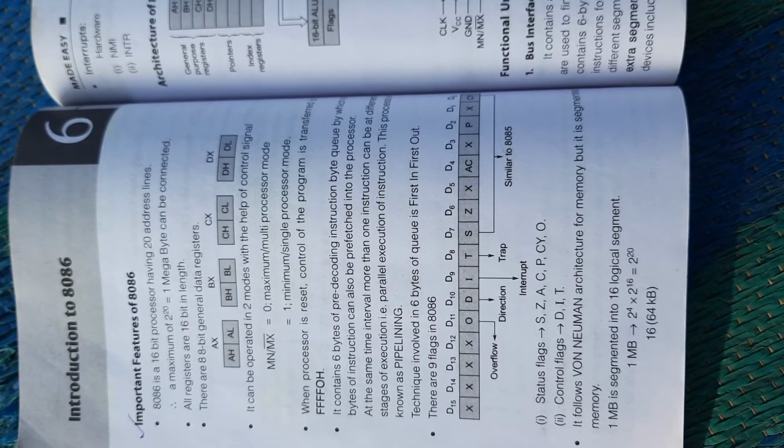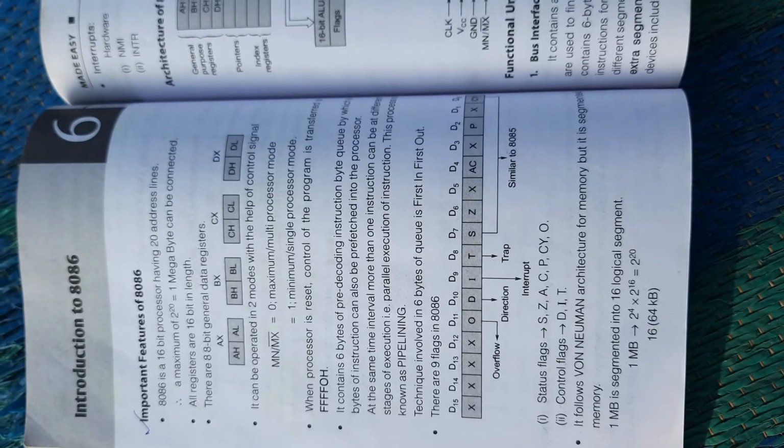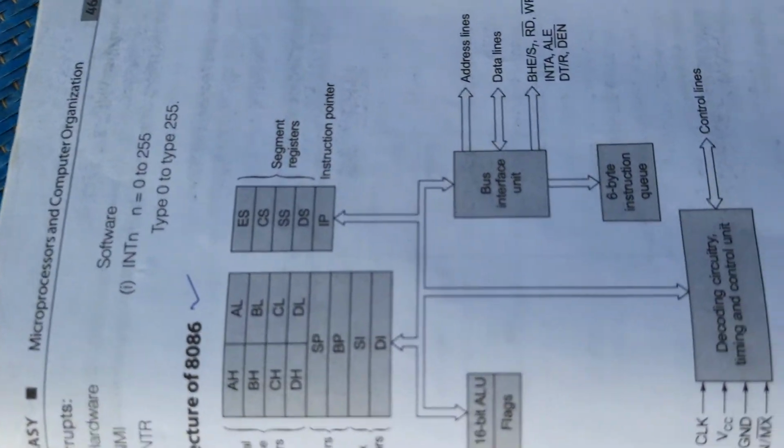So 2 raised to 10, 20 is your address lines. So that is 16 into bracket 64 KB. In 8086,